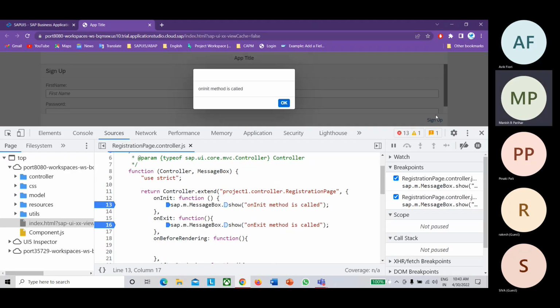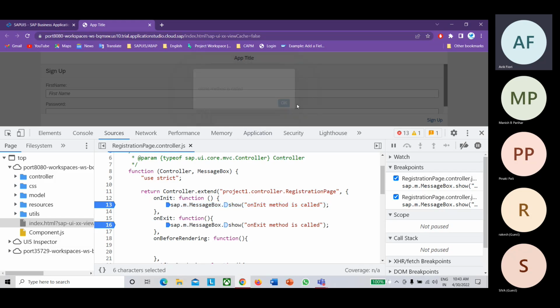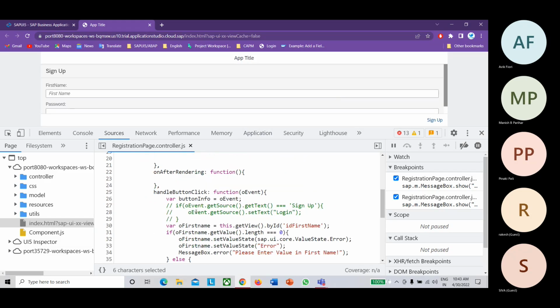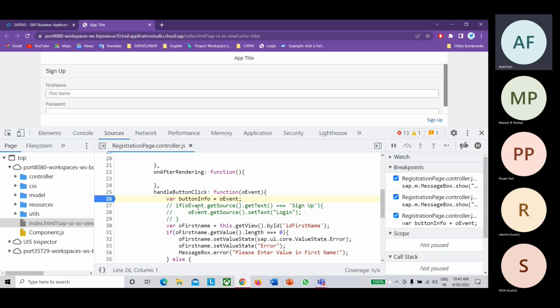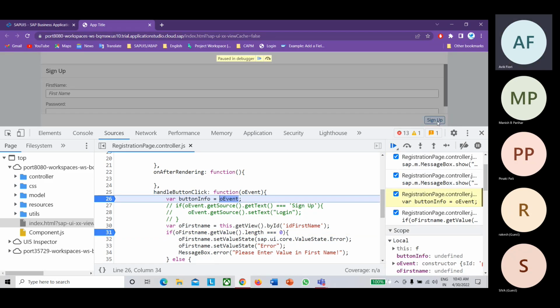So how do we step, like in ABAP where we have F5, F6, F7, if you want to execute one by one? Now we have only one code inside this method, and it is the one method that is triggering. So for example, we already have the sign up. I'm putting a breakpoint on lines 26 and 31, and I'm clicking on sign up. As soon as I click, the breakpoint is at line number 26.